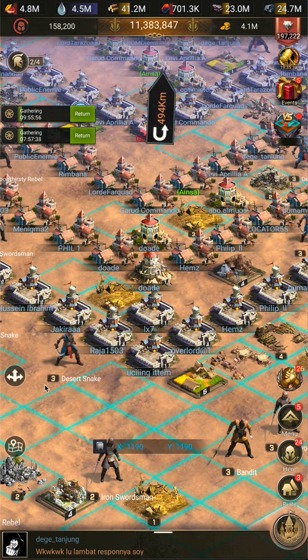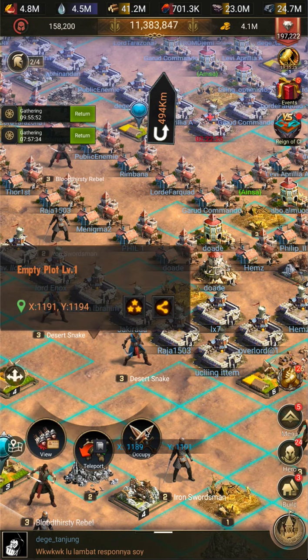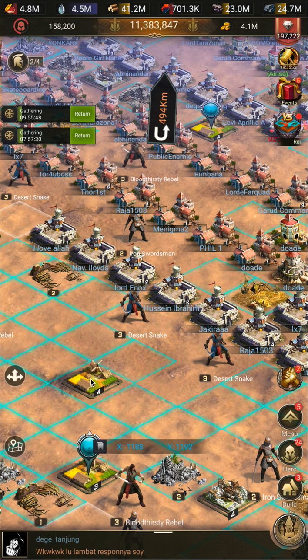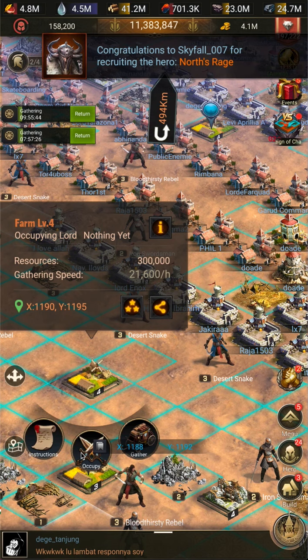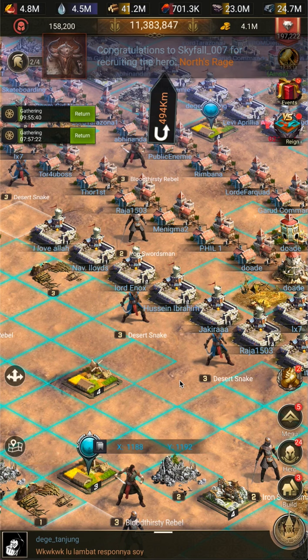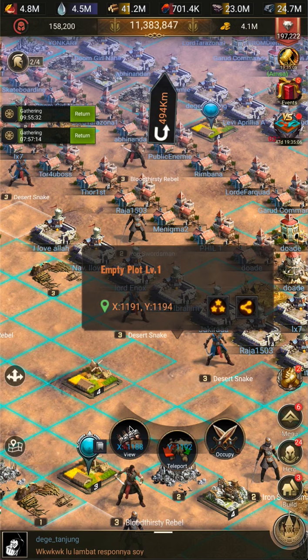To take a tile, very, very simple. I know many of you have done this by the looks of things. You click on the tile and you click Occupy. Now you can do that even if there's like a resource tile on a tile. You just click it, and instead of Gather, press Occupy. So you need to take level 1 tiles before you take level 2 tiles, level 2 before you take level 3, and so on. And what you notice is, when you click on a tile, if you click View,